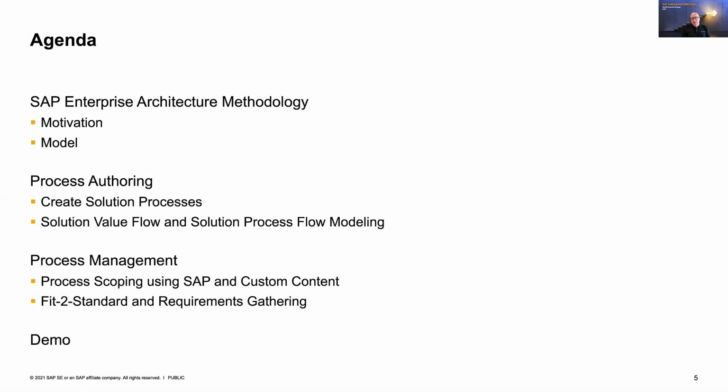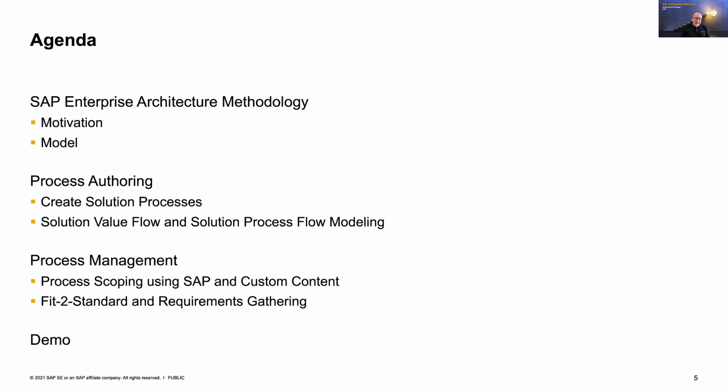Then I will go into the process authoring functions. Some time ago, we already released the functionality to model or to define your own custom solution processes. And you could do a little bit of graphical modeling there. You could do solution value flows.